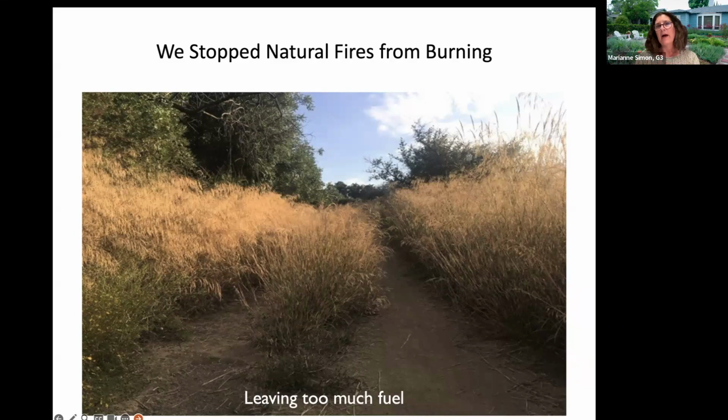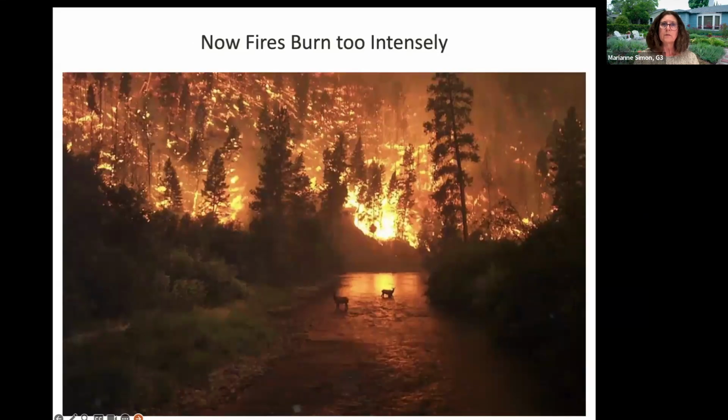So this is what came up after the rainy season that we had a couple of years ago. So, lots and lots of grasses and small shrubs that were growing up. And all of a sudden, when there was a fire, there was so much more that was able to burn. So yeah, lots and lots of fuel that not only burns the grasses, but then makes its way up into the taller plants, getting into our trees, and then those embers are flying out and making their way into more urban settings.